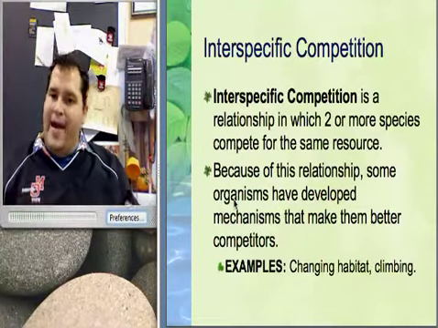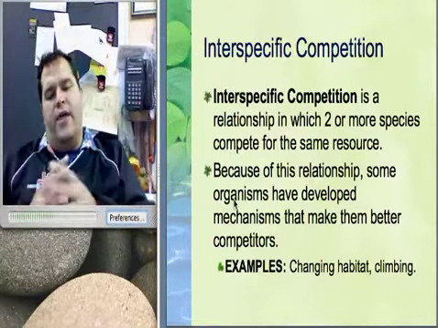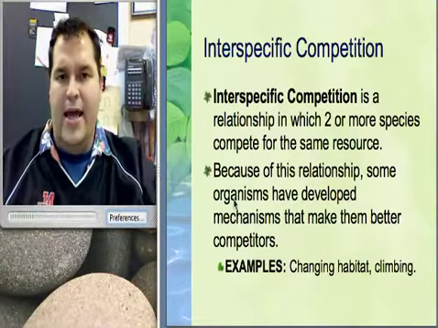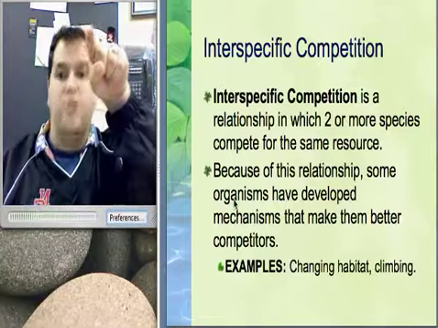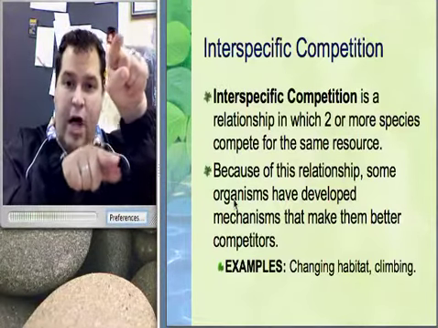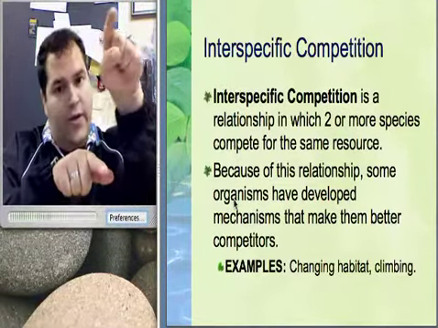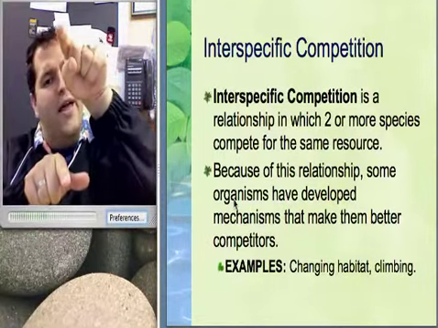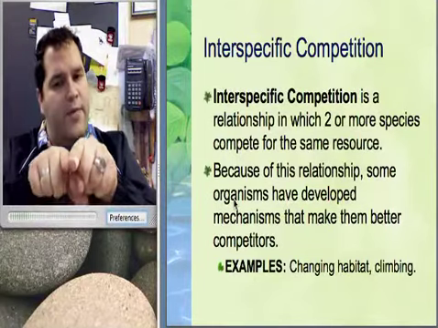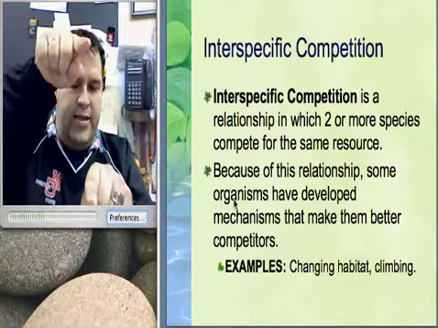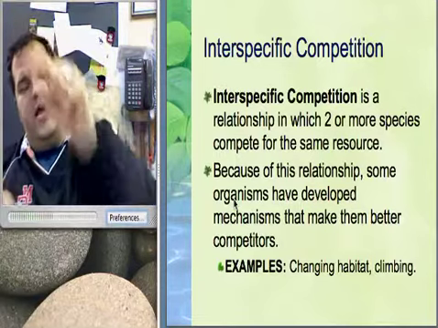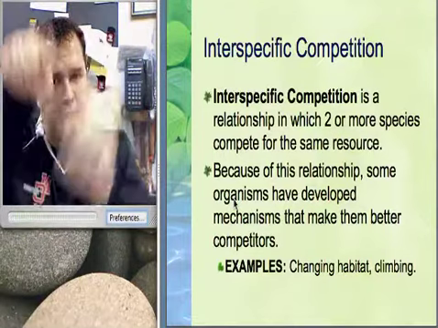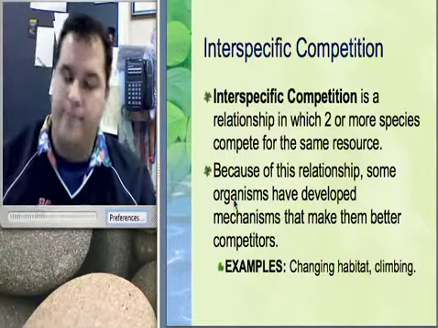Okay? But in competition, if we were to graph a relationship of competition, it would look different, because let's take our mighty Colts. If they are winning, they're at the top of the graph, which means the team that they're playing is automatically at the bottom, because one team wins and one team loses. But as they go, they continue to win. But if we lose, we drop. But the team that we play goes up. So we're going to switch places. And that continues, and then we switch places again. In a competition, you've got a winner and you've got a loser. And they switch back and forth. Okay? Hopefully that makes sense.